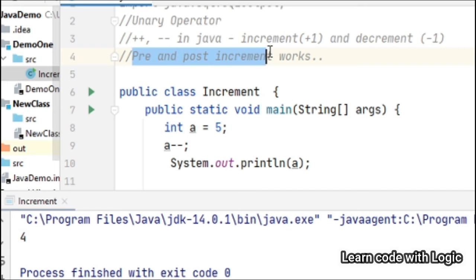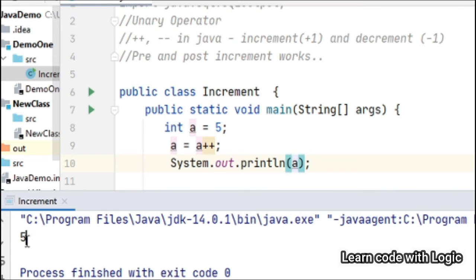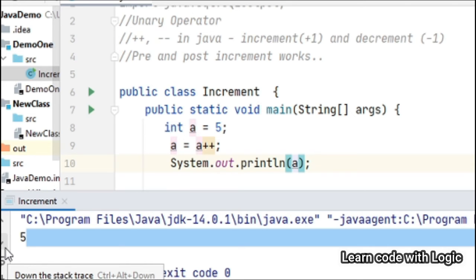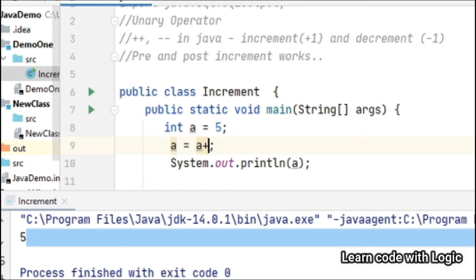Now let's talk about what is pre and post increment. Let's run the code. In our previous example, when using the increment operator, we got 6, right? Now it's still printing 5. If you want 6, you have to write the code like this.